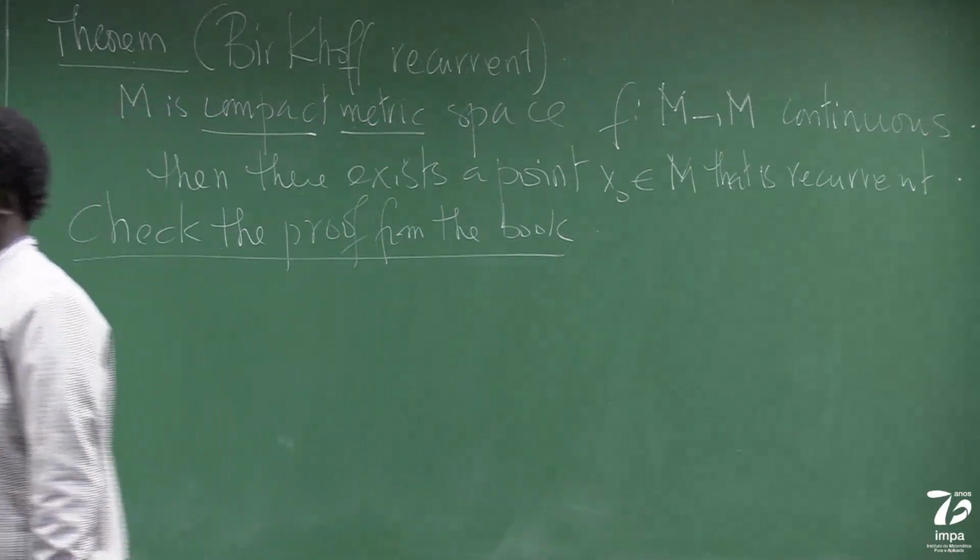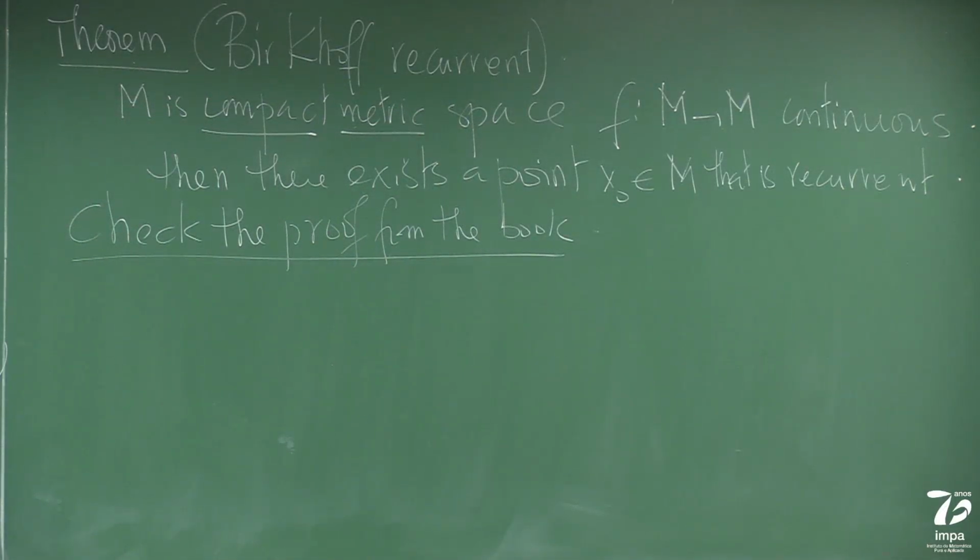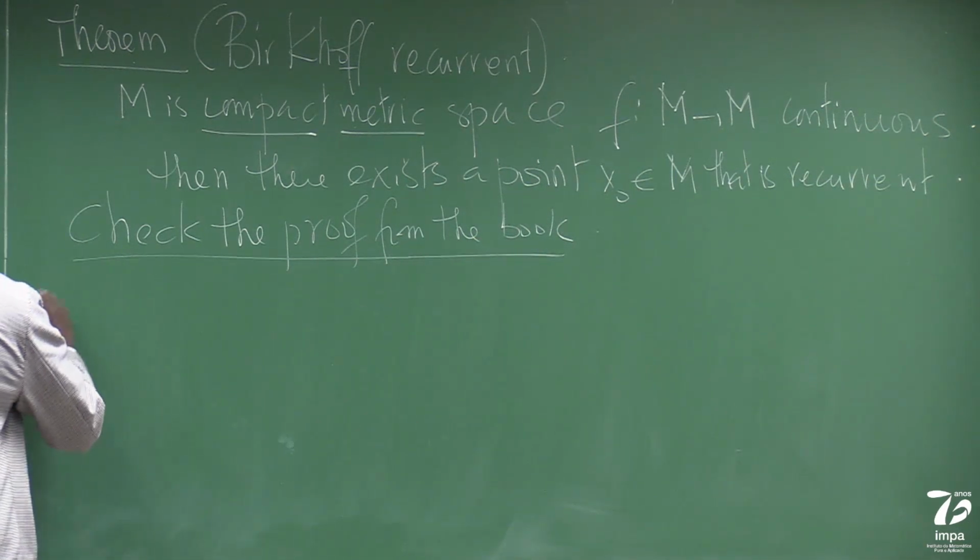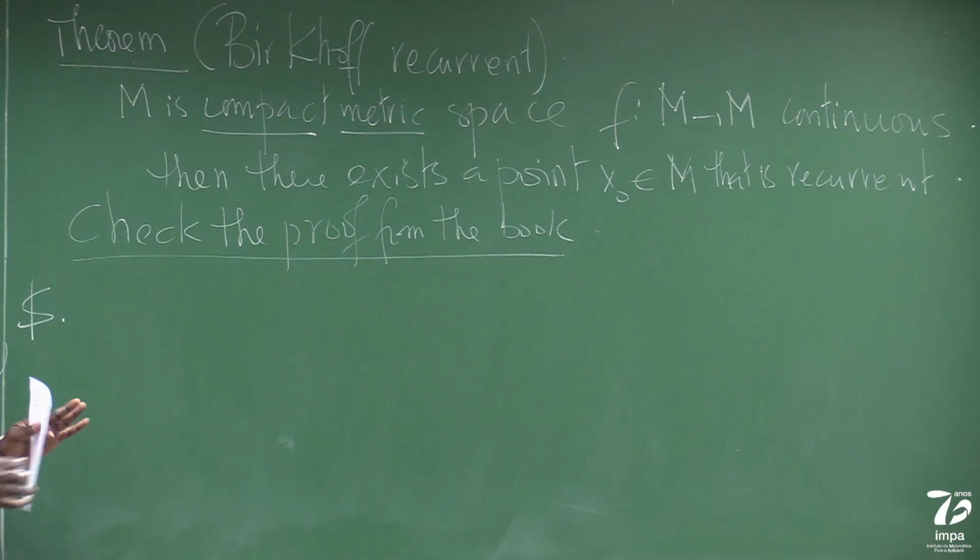Because today I want to do some... So, before we go to examples, I want to introduce an operator which is very useful in finding this invariant measure, which is the Perron-Frobenius operator. So I want to talk about this section. It's not in the book, though. It is used in the book, not explicitly.